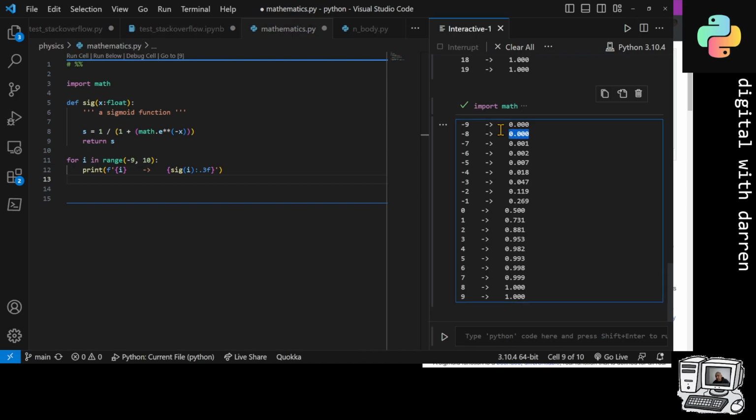And we see that this approaches 0 at the negative side, and this approaches 1 at the positive side. And that's exactly describing the sigmoid function, but it's not possibly the clearest when we represent it in a box with strings like this. So the next thing that we might want to do